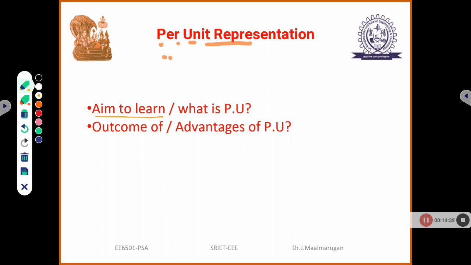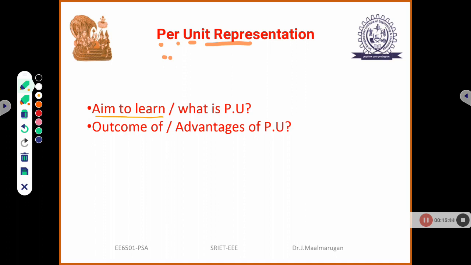So what is per unit? The per unit is nothing but the ratio of the actual value to the base value. Actual means the values specified in the single line diagram. Previously we discussed the single line diagram; the values specified in it are the actual values. What is the base value? We can assume or specify the base value. We can choose that particular base value, and that is called the base value. When we solve problems, we can easily understand the concept.